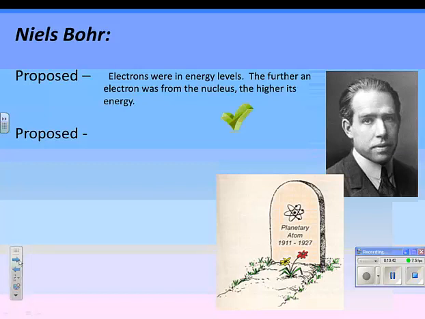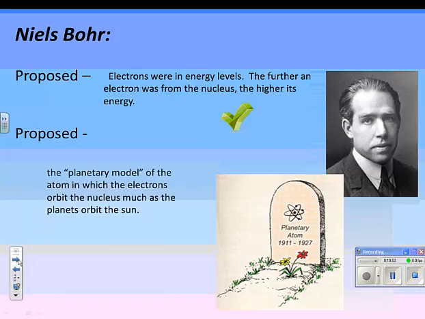We talk more about those in Unit 5, and we'll show you what those different energy levels look like. But don't worry about that right now. Just know that they are in different energy levels. He also proposed the planetary model of the atom, in which electrons orbit the nucleus, much the same way planets orbit the sun. That sounds right, and we use it as a picture a lot because it's a cool picture, but unfortunately that is not the way it works. They actually work in these little tiny spheres.